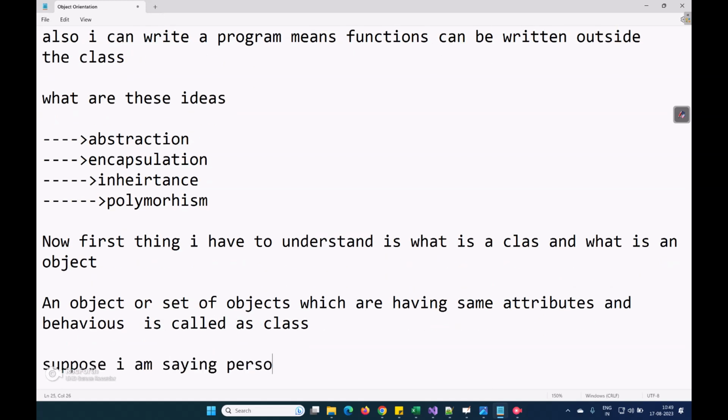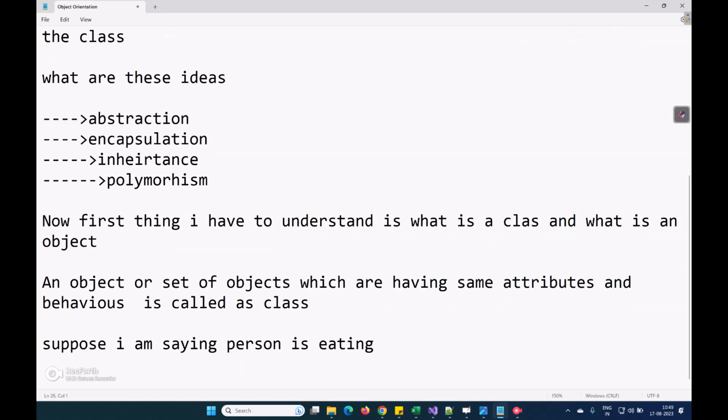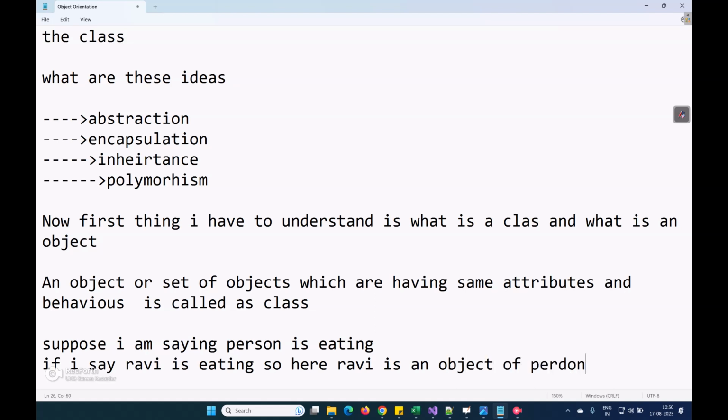Suppose I am saying person is eating. Can I see a person? No, I cannot see a person. So if I say Ravi is eating, so here Ravi is an object of person class.